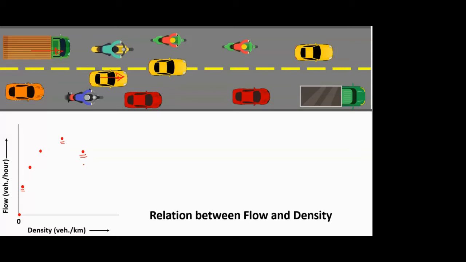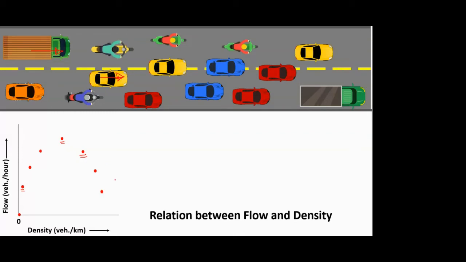Once the traffic reaches, or the count of vehicles on a particular stretch reaches almost the capacity of the road, then congestion goes on building up, and your vehicles are unable to cross the particular point with the same speed. So speed is reduced, and that's why the flow also goes on reducing. And the density, nevertheless, goes on increasing, because density is just a function of how many vehicles can be accommodated in a particular stretch or unit length of road. So that is the density value.